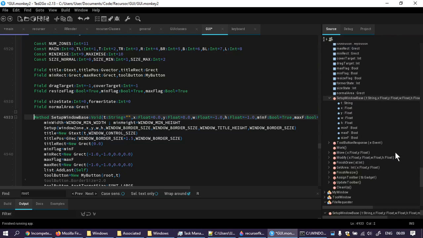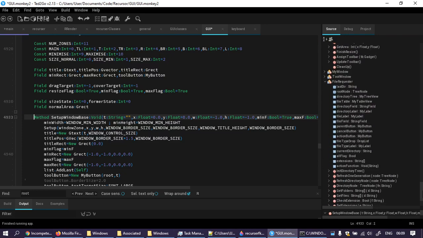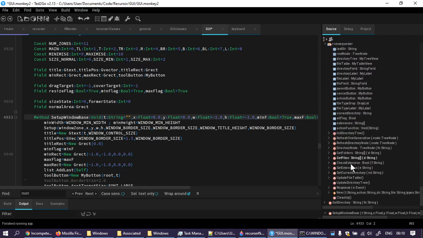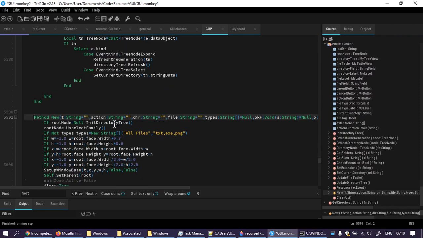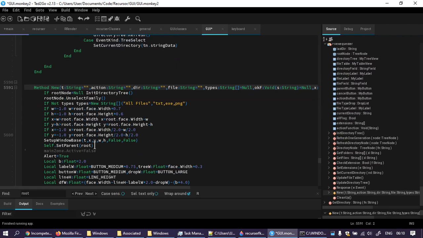Setup goes straight to window zone. So in here in file requester, when I say new, I set up the window base and then I say nana. Well, and it ends up working. I'm going to take that out. It ends up working because the root,